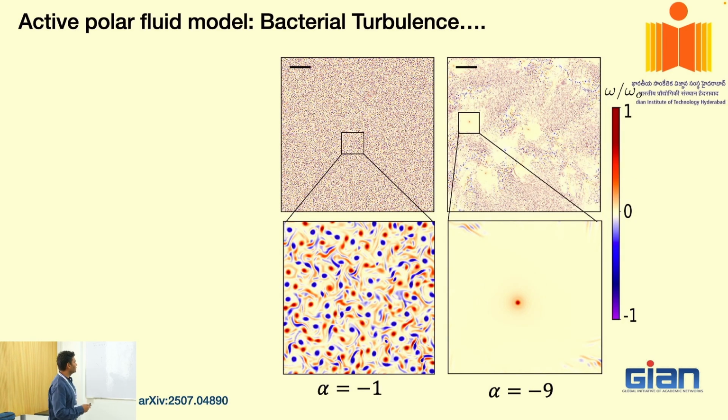So for this system, what anyone can ask is: what happens to these structures? Are they coherent? The same question that one should ask for the simple Navier-Stokes equation, one can ask for these systems as well. The idea is that whatever you learn, you can try to implement for a different system. That's the overall goal. Depending on what system you choose, your structures are going to be very different. For example, if you bring in viscoelasticity, your structures are going to be smaller. If you bring in a thinning fluid, your energy dissipation is going to be weaker, and that may lead to smaller structures, but your structures could be long-lived.